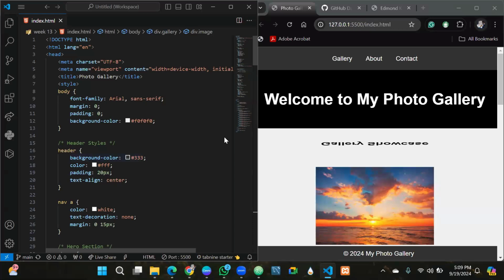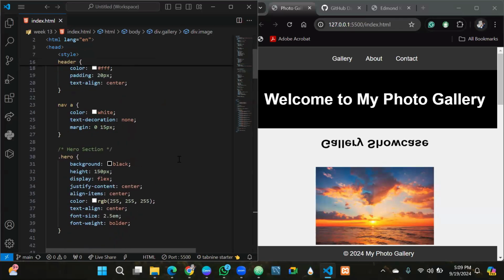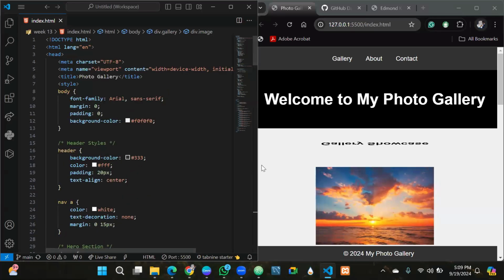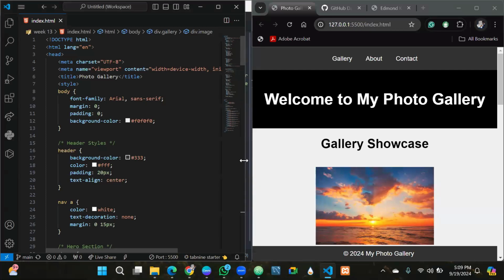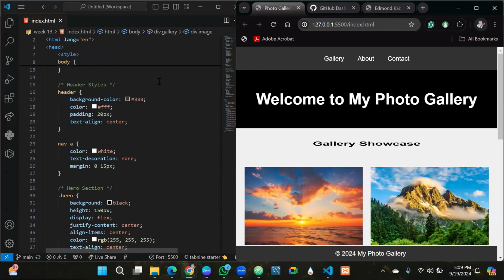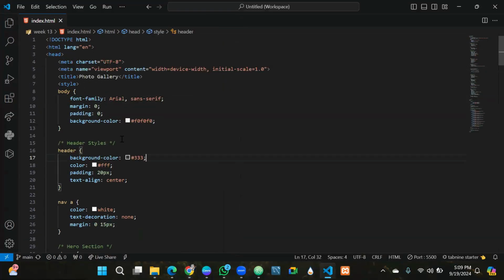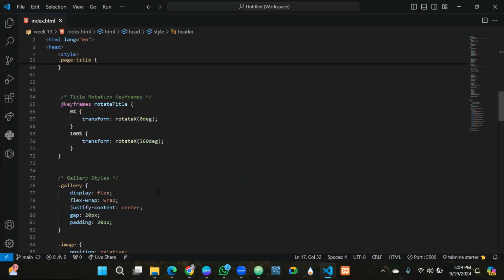So last week, we looked at animations and transitions. Because of time, I'm not going to spend too much time on this. I will just explain how this page was designed using the animations and transitions that we've learned. So here I have, so I'm going to increase this so we can see it properly. I have here a template I've created for this illustration, and I'm just going to show us the structure